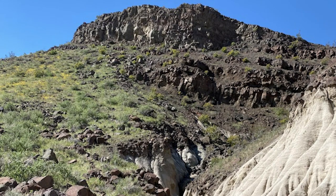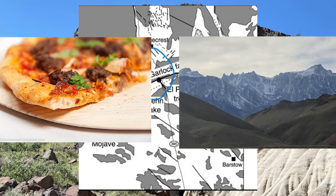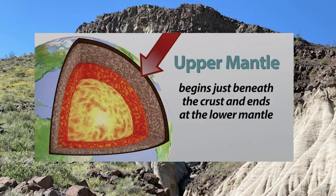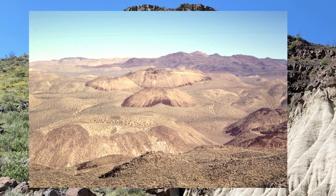And then another critical event occurred 6 million years ago when normal faults like the El Paso, along with thin crust and the cumulative stress of the uplifting Sierras and Garlock Fault, caused magma from the mantle, a section of the inner Earth, to force its way up through the cracks, forming dikes, which in geologic terms are rocks formed in fracture zones, and these rocks acted as a sort of highway for magma, giving rise to volcanism in the